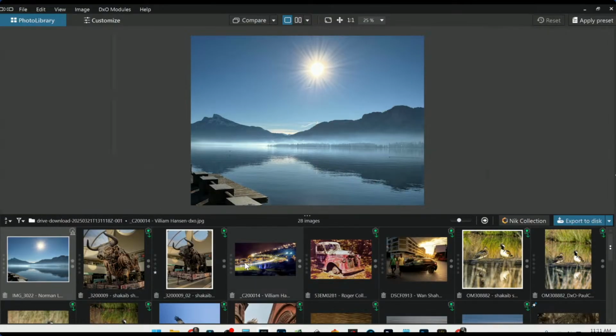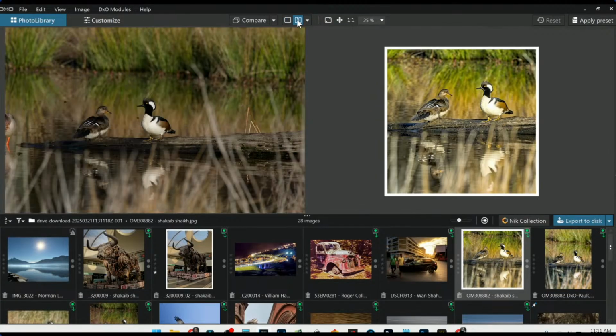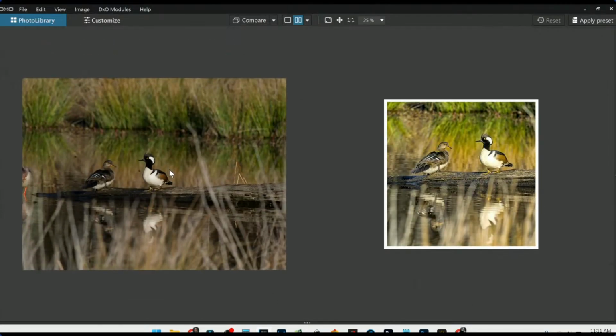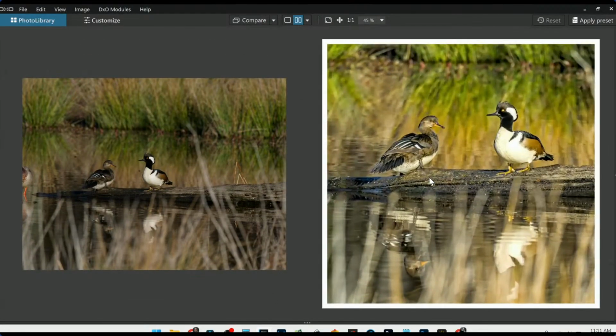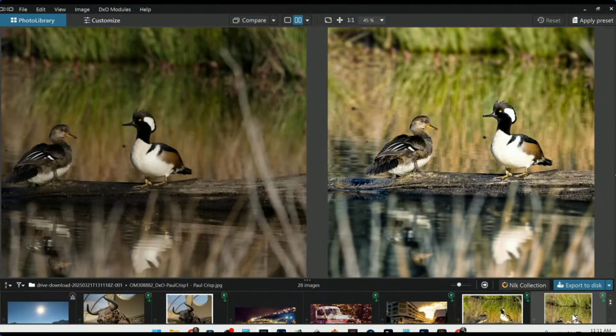Okay, so let's see. Here's the first one from Shakabe. And we have my original raw image here on the left. And this is what Shakabe did. Very nice. That's almost exactly what I did with my image, minus the white border. I'll show you my edit later. But yeah, this is the same exact crop that I did. And then let's see. This one is from,